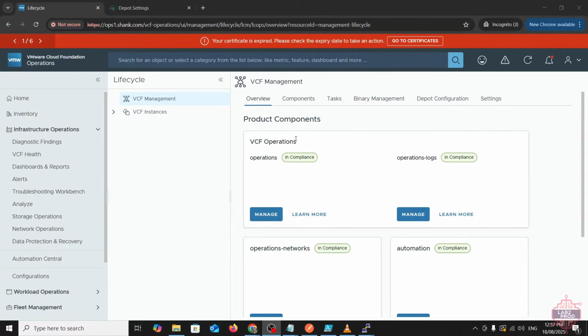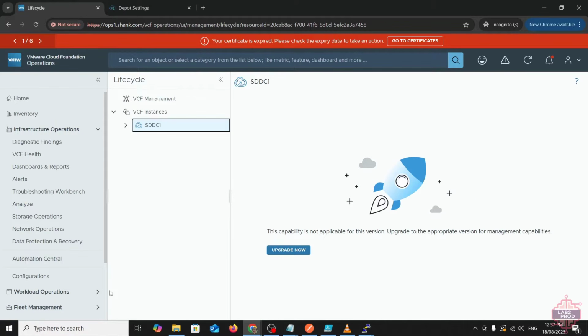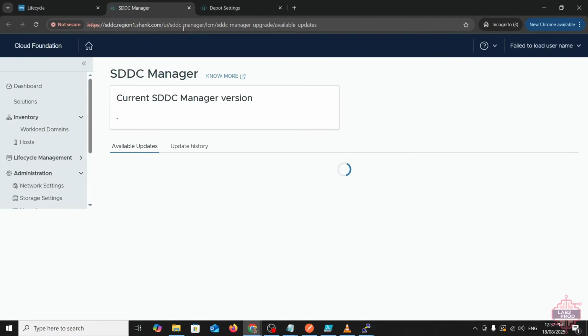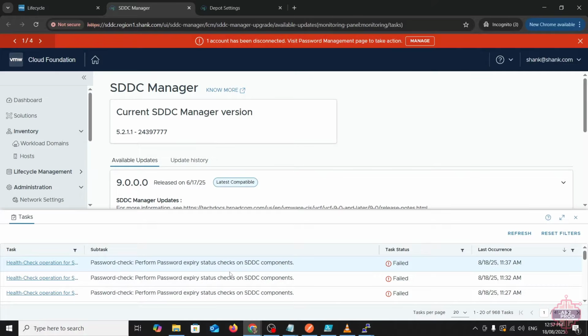This is where we were focusing our area of attention last time: binary management, task components, depot configuration. If you click one level down and click on SDDC, it's there because we've done the upgrade and it knows it's part of an SDDC or VCF instance, but it can't do anything with it or view anything, because it hasn't been upgraded to version 9 yet. If you click on upgrade now, it will redirect you to SDDC Manager. Since I've already authenticated, it will get me to authenticate through vCenter and then push me back into SDDC Manager as it normally would. Bunch of issues here,